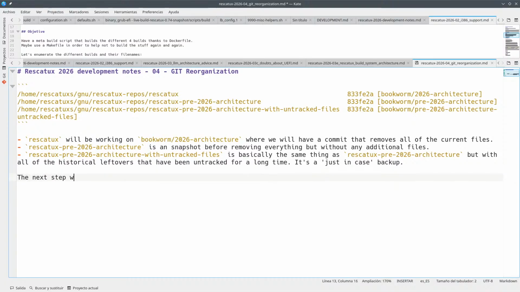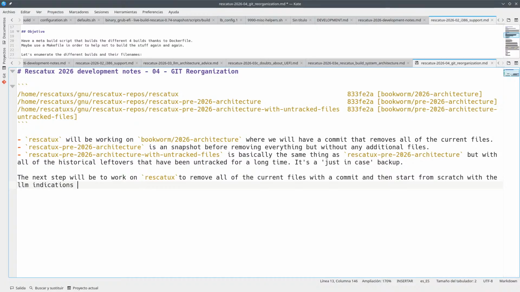So the next step will be to work on Rescatux to remove all of the current files with a commit, and then start from scratch with the LLM indications in order to apply the new build system,